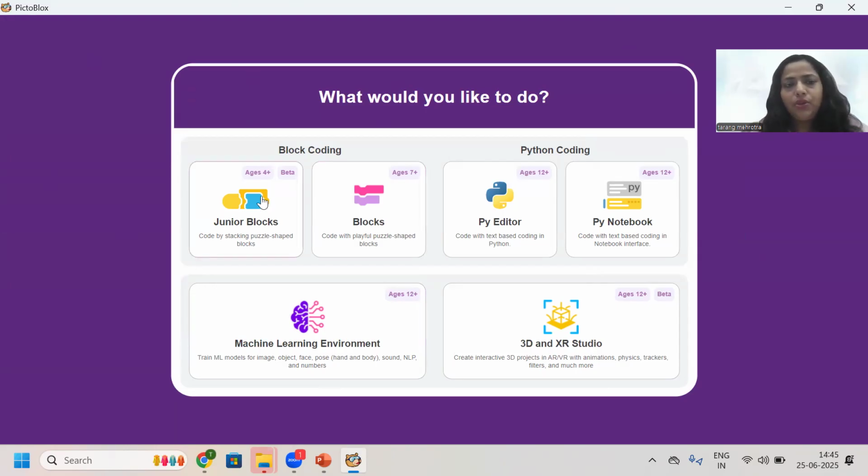It gives you Junior Blocks, Python editor, notebook, 3D and XR studio is also there. And then we have the machine learning environment. What you have to do is click on the machine learning environment. So once you click on this machine learning environment,